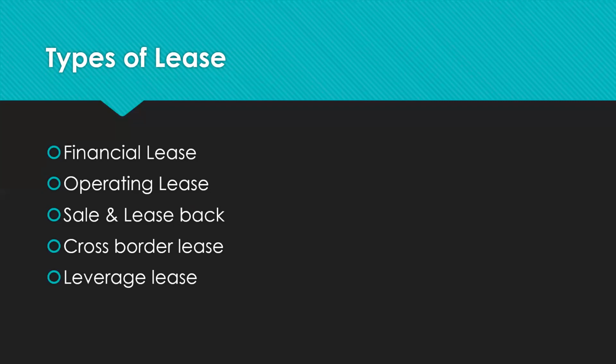Okay, so the third one is sale and lease back. Sale and lease back means suppose you already bought the assets, but now you feel like you should not have invested so much and locked up your funds in that particular asset. You need funds urgently, but at the same time, you need that asset also in your business. So you have got a good option in sale and lease back. That is, you will sell the asset which you already purchased and then take that same asset for rent from the buyer or the lessor.